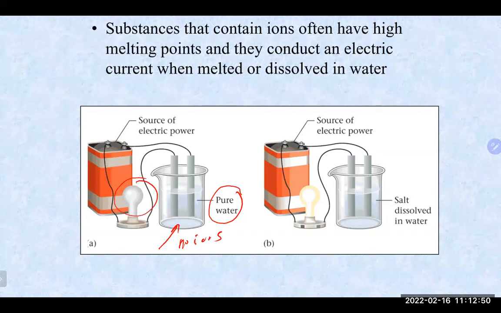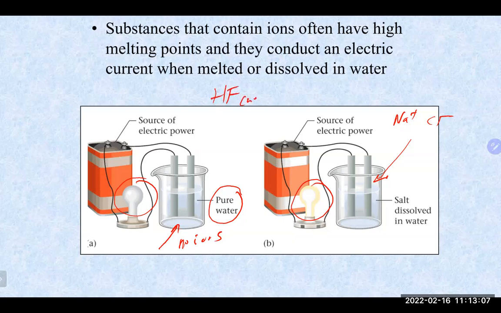If we put some salt, which is really just sodium chloride, this has a lot of sodium ions and chloride ions floating around in there. A lot of those ions are going to help complete the circuit. You can see the light bulb goes off. And like I said before, if you did something that's a weak electrolyte, like hydrofluoric acid,